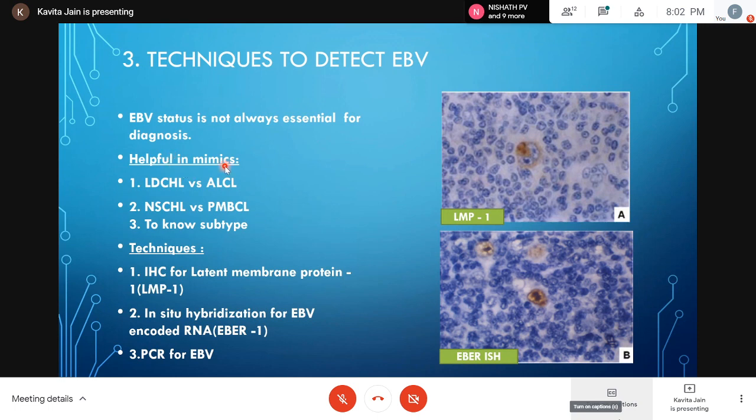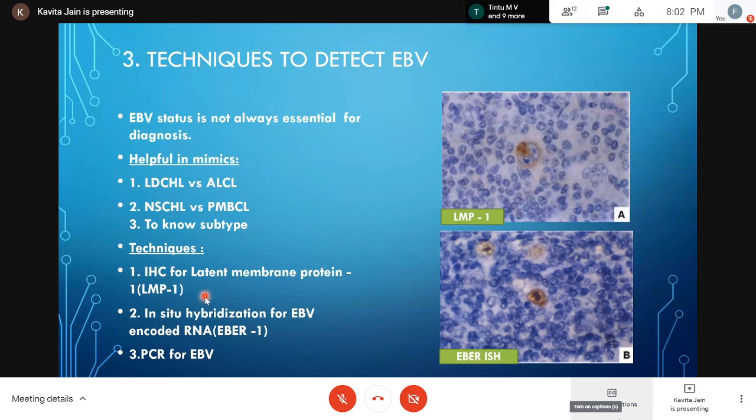So it is helpful in mimics of classical Hodgkin's lymphoma, it can help us to differentiate from NHL, like ALK positive large cell lymphoma and primary mediastinal B cell lymphoma. And also sometimes it will help us to know the subtype, because as we say, mixed cellularity Hodgkin's is most commonly associated with EBV